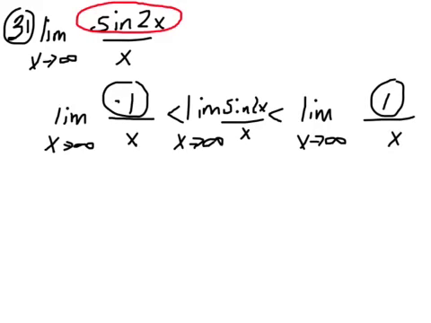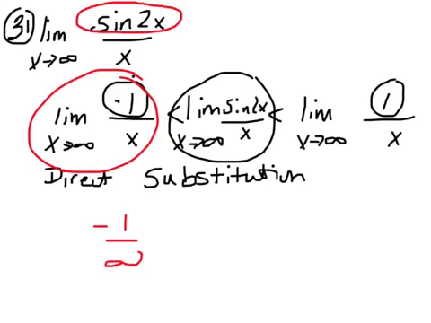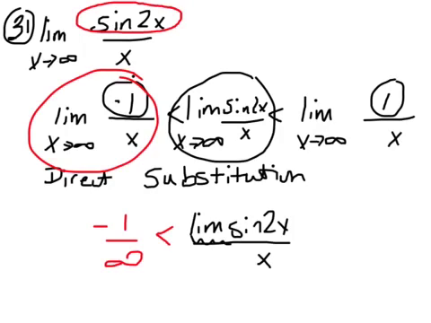Well, now that I've got this, here's my original problem. I know that just the top of it is going to fall between -1 and 1. Now let's direct substitute. We know at least that we could say it's between these values. When I plug infinity into the first thing here, I'll have -1 over infinity is less than. Okay, I still have a problem. Oops, sorry, I shouldn't have put that there. It's supposed to be x approaches infinity. And then over here,